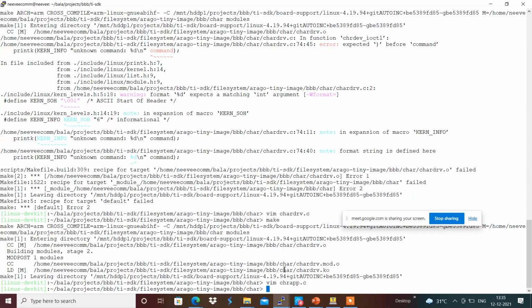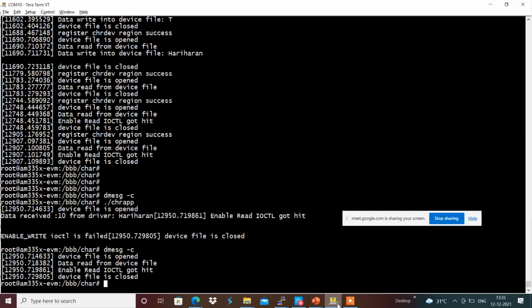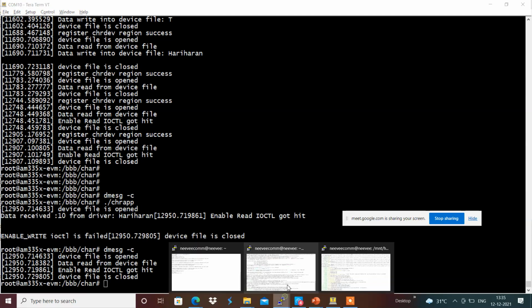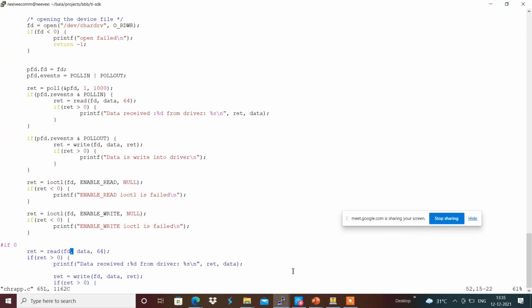Yeah, in order to get that, maybe we can get the error number into the application. We can use perror, the function that provides information about what the error is, because of which it has been failing. We will see that over here. And for example, I am going to run this.